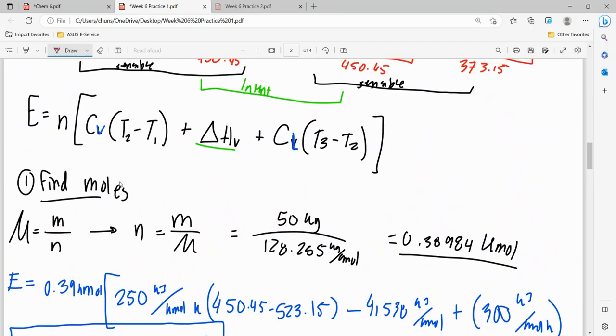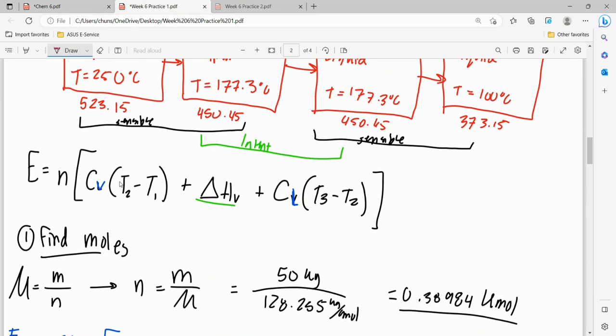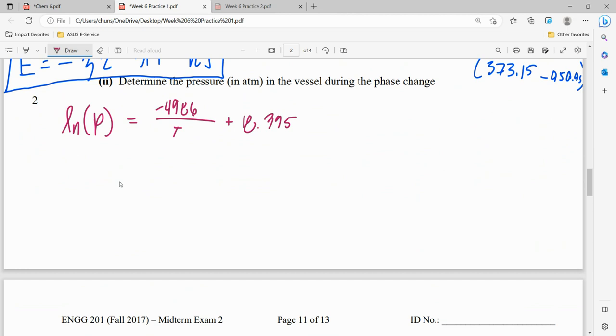Right, and we're going to use our latent process, which we determined was at 450 Kelvin. So we're going to put that in for T. It's going to give us pressure in kilopascals. I'm so sorry. This is 450.45 plus 18.395, and that makes our pressure equal to